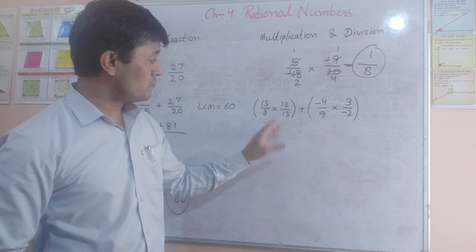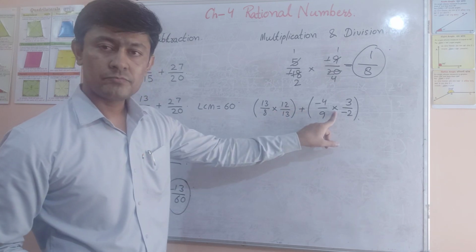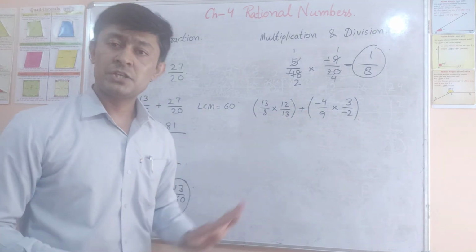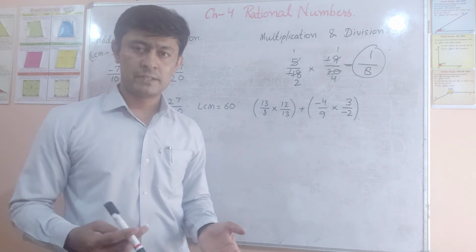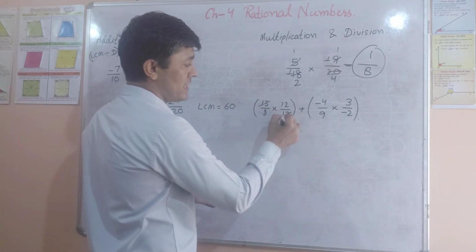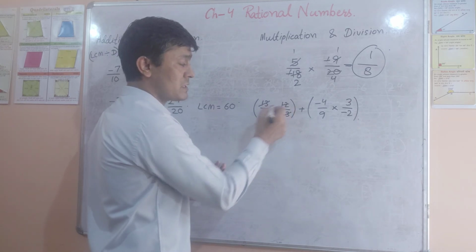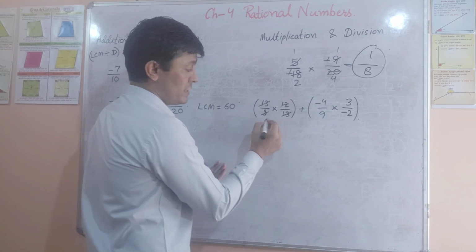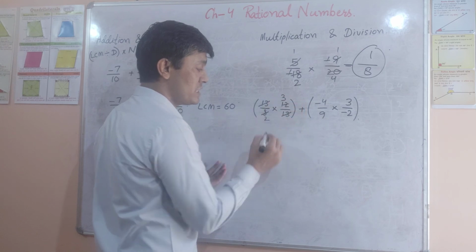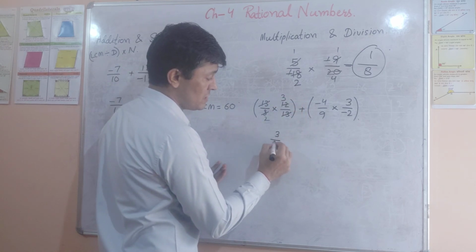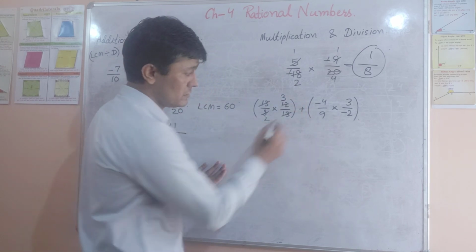So in the bracket there is multiplication, and in multiplication the numerator and denominator both can be cut very easily. Okay, so 13 and 13 can they be cut? Yes. 8 and 12 they can be cut by using the table of 4. Here 4 2s are, here 4 3s are. So the answer will be 3 upon 2. Got it?